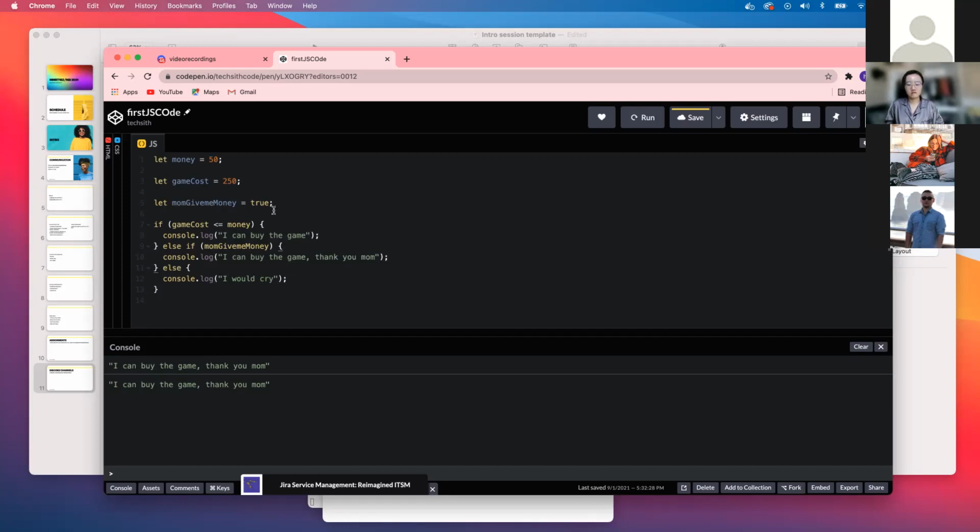So the logic is simple. It checks the money first. If I have enough money, then I'm just gonna go in and it doesn't check the extra step. If I don't have enough money, then it goes here, else if, right? And if mom gives me the money and then I'm okay, I can buy it, and then it ends there. But if I don't have it, then